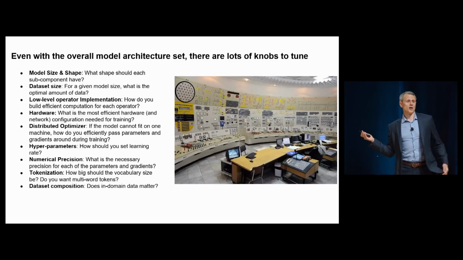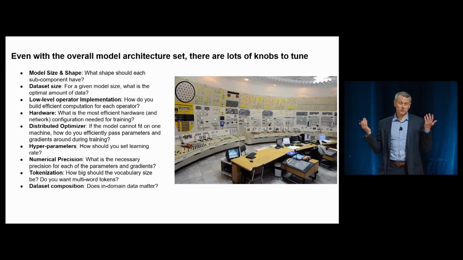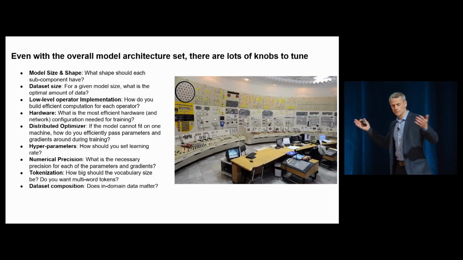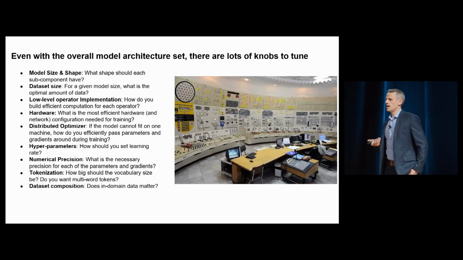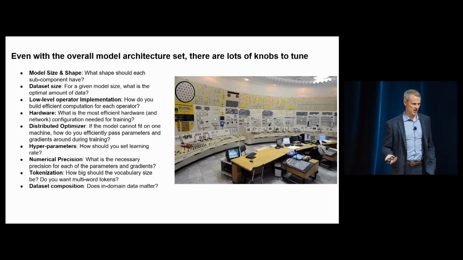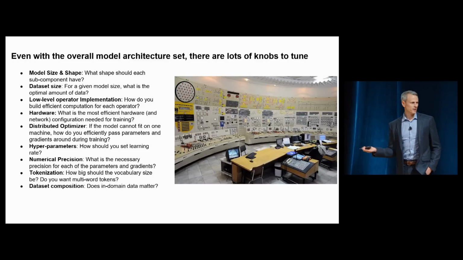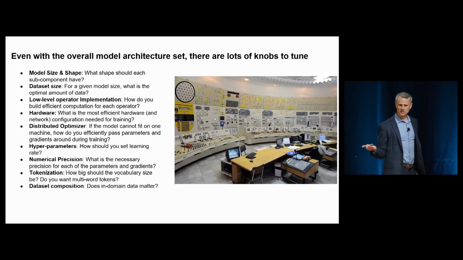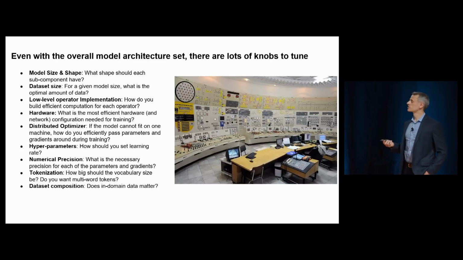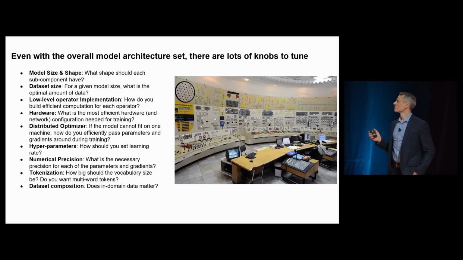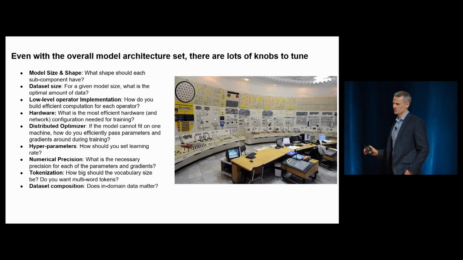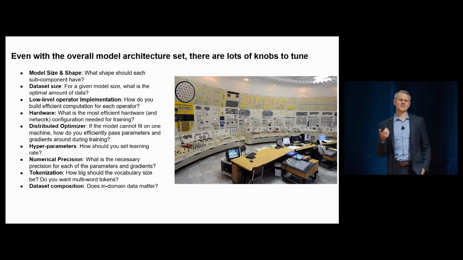When you train a model like this, we used 512 GPUs. This is parallelized across many machines. And the optimization procedures are very complex. There are several out there that are freely available to use, but you need to choose them and set them up properly. Someone on your team is going to have to figure out how to do that. There's numerical precision decisions. There's tokenization we discussed, data set composition.